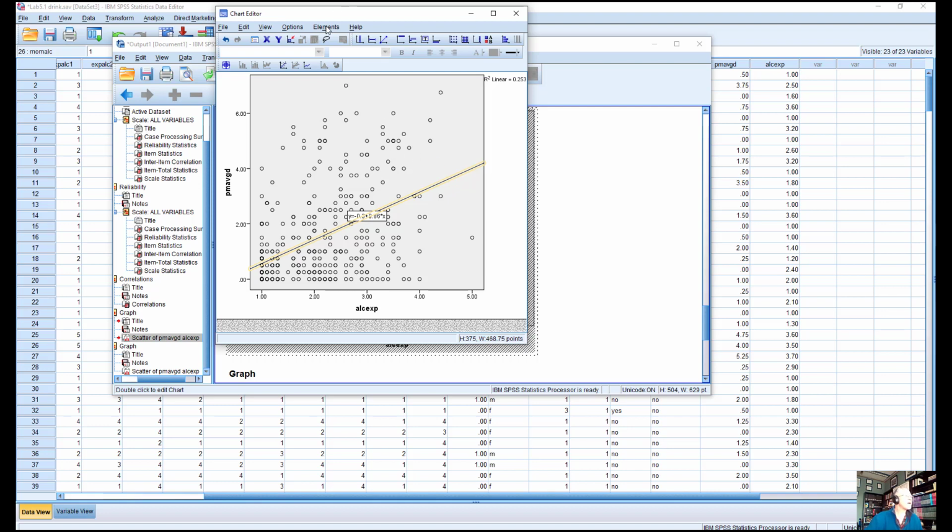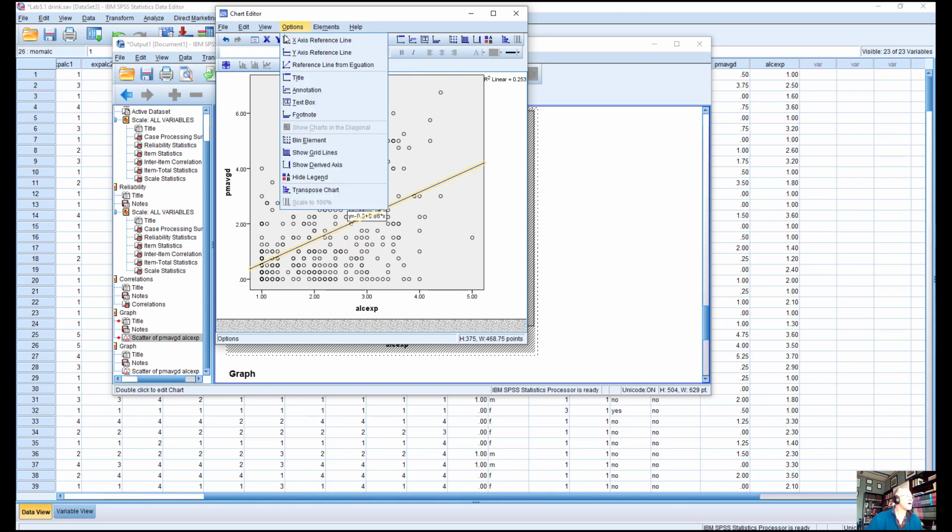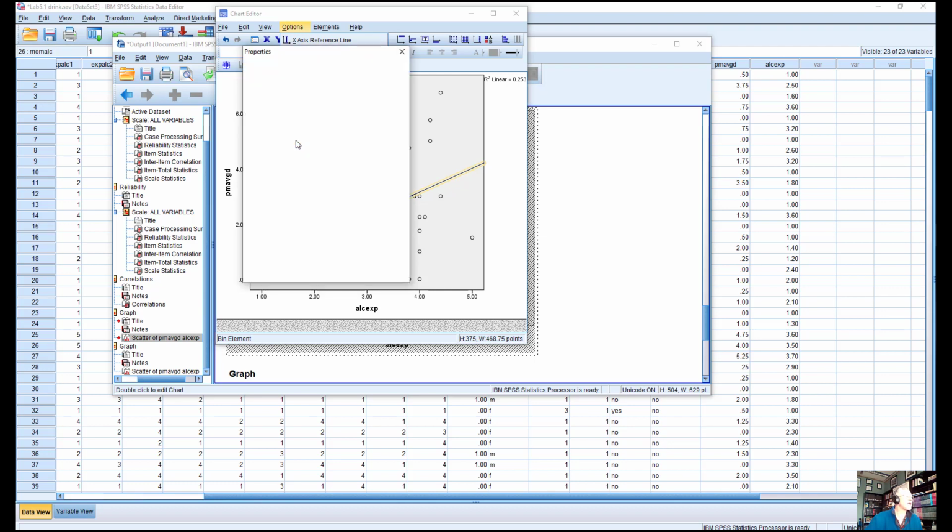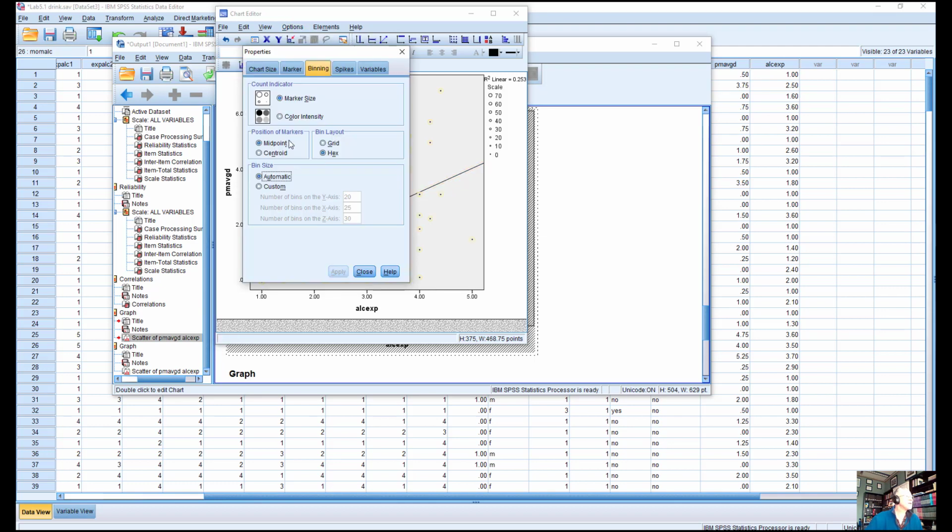I can also try and get a better, easier look at my data elements by going down here at options to bin elements and saying I want to mark this by either marker size or color intensity.